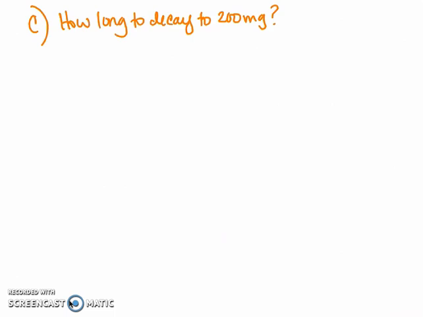T, the variable, is in the exponent. If we want to know how long it'll take to get to 200 milligrams, that's our mass remaining, which in this problem is our m of t. So 200